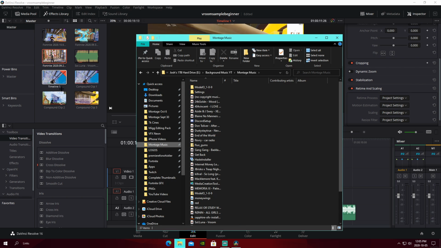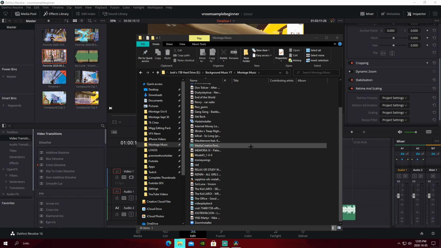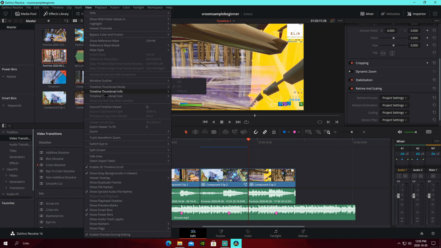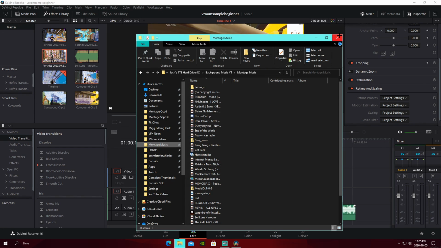You're going to want to go over and drag this to where it says power bins and drag it where it says master. And if you don't see your power bins, I've had that a lot. You're going to want to come to the view tab right here at the top and go down to where it says show power bins. You're going to select that. Chances are you have it deselected. It'll pop up. You'll just drag it, boom, boom, over the